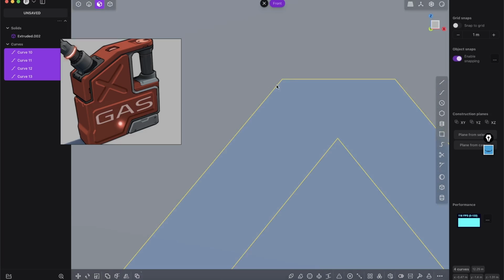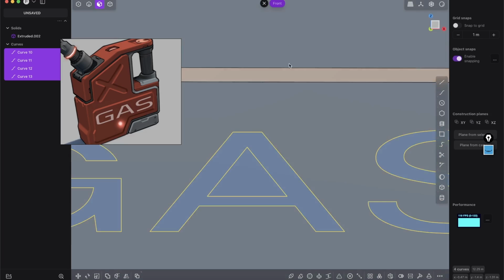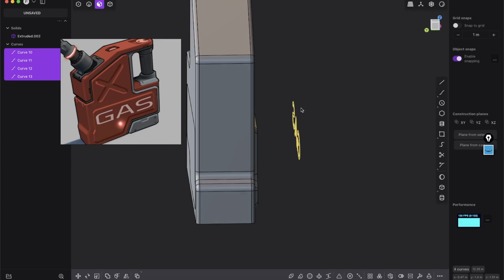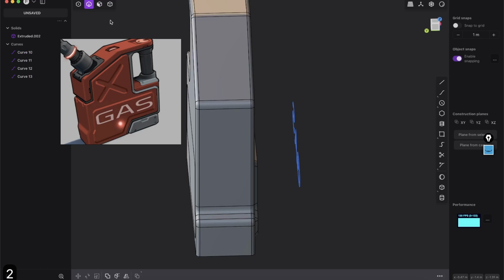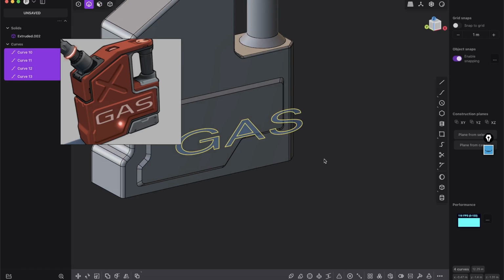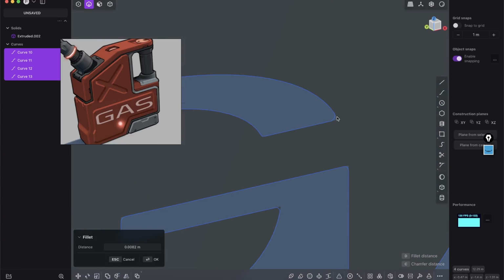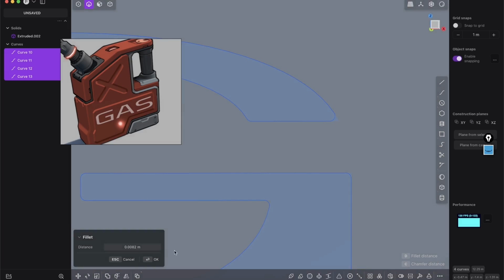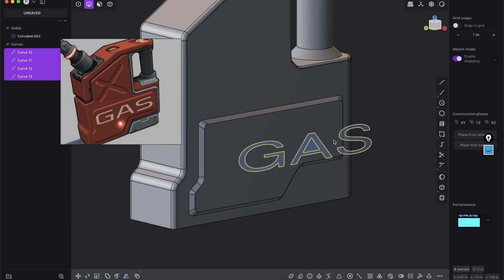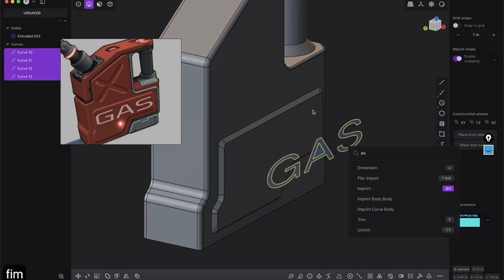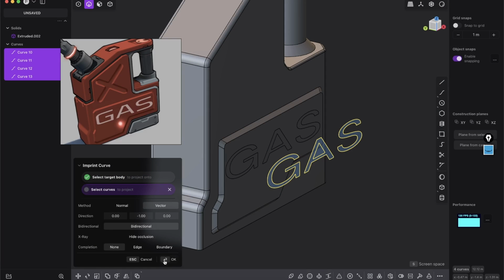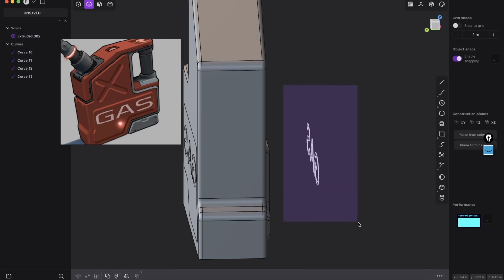Because as I told you, when the curves are filleted, we can just give very simple fillets and bevels later on our body. So while all of those letters are selected in edge mode, select them all, press B for bevel, and just give it everywhere a little bit of a nice rounding. Press OK, and again press F and search for imprint onto our body here, press OK, and select those curves,